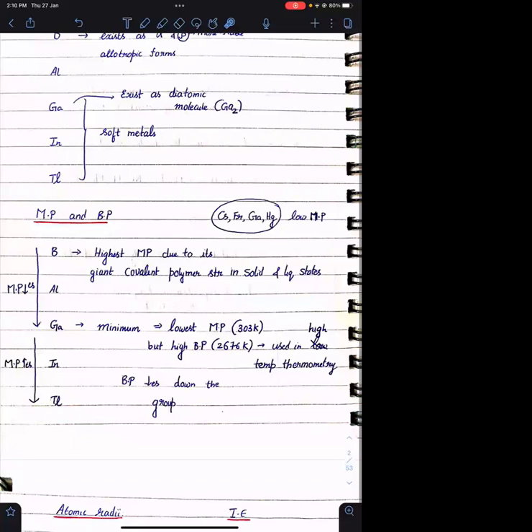And down the group till gallium, the melting point is decreasing. And after gallium, the melting point is increasing. Gallium has the minimum melting point, but in case of boiling point, it has some higher boiling point due to